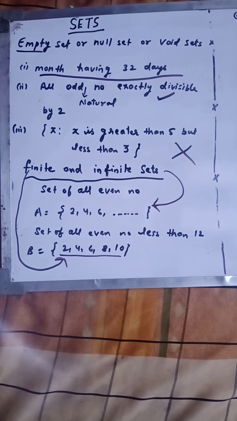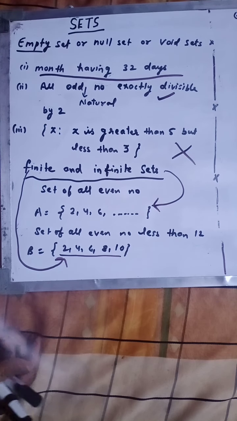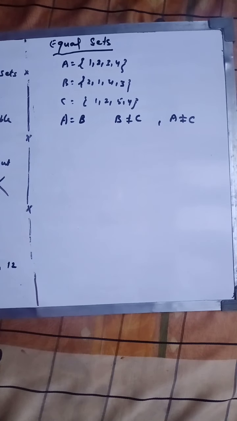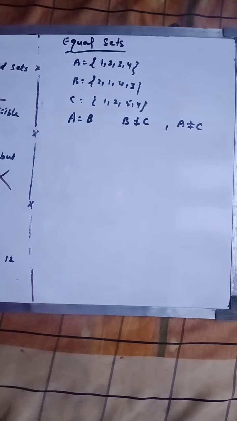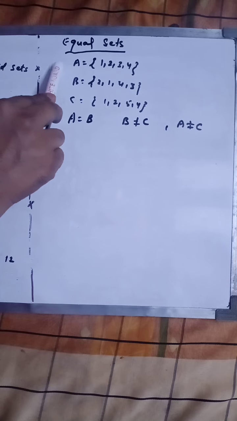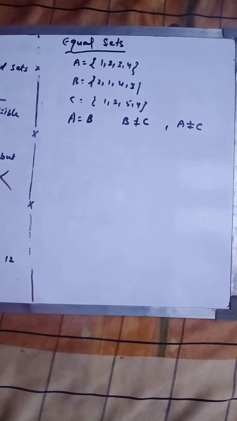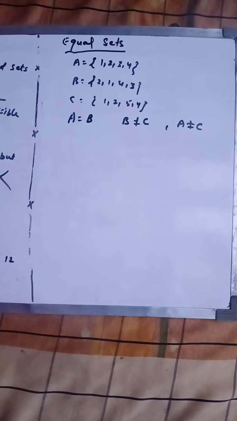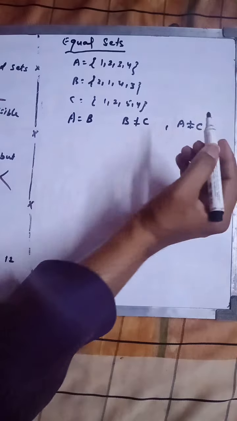Okay. The next is your equal set. Let me adjust the next page first. Here it is. Now, equal sets. Here a set A is given to us in which the 4 elements 1, 2, 3, 4 are coming, and similarly B is another set in which the elements 2, 1, 4, 3 are given. Similarly C is another set. From here we can see that for equal sets the number of elements must be equal.